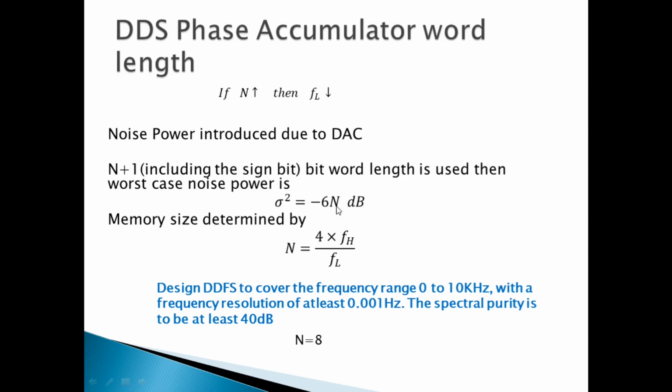So the noise power will increase. All right, so you see that we cannot do that, and this has to be taken into consideration, and this noise power is mainly due to the digital to analog converter,